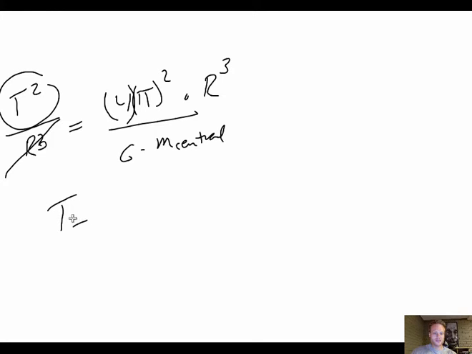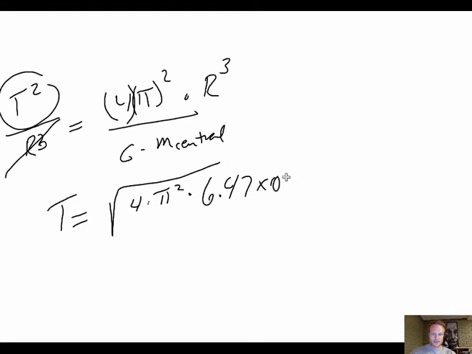But basically you're left with T equals the square root of 4 times pi squared times the r cubed, so 6.47 times 10 to the 6th cubed,